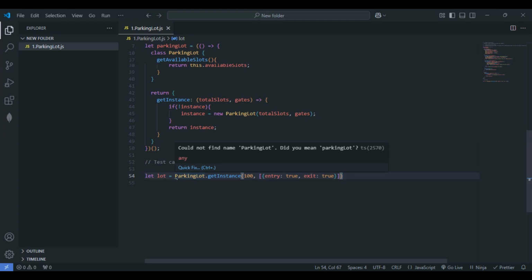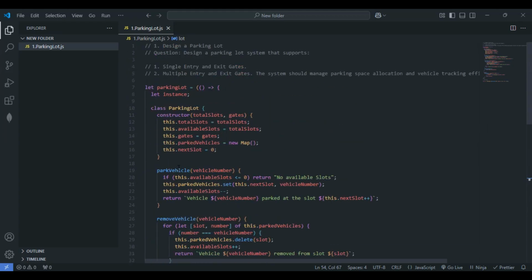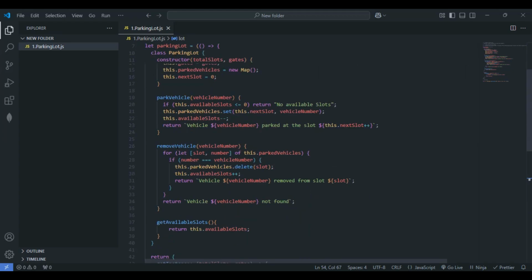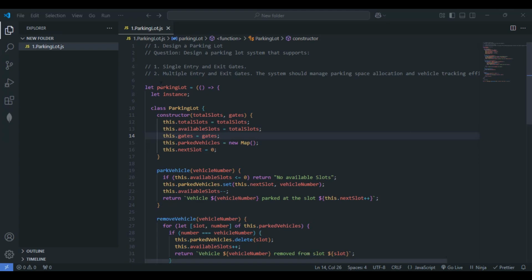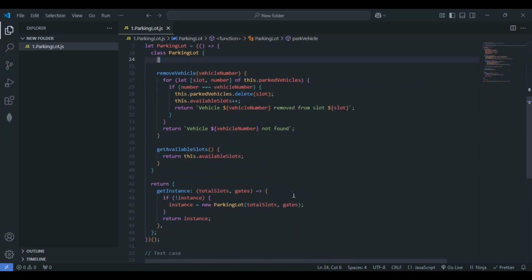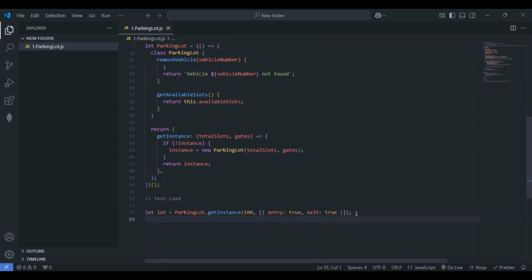Why is this getting an error? Could not find parking lot. What happened here? Just give me a second. Yeah, here I have given a small p, so I'll just make this a capital P. This is fine. So next, after this, what I'll do,